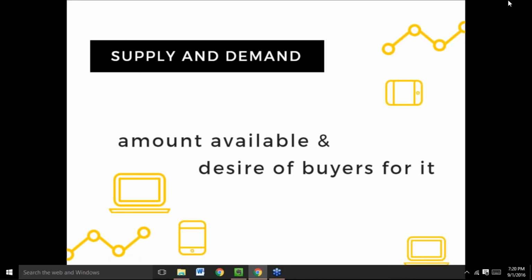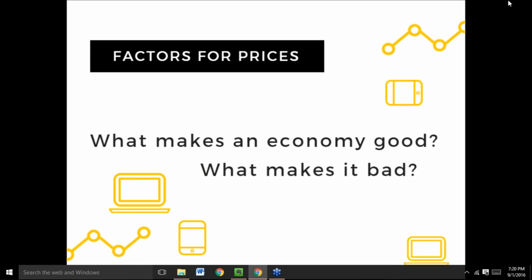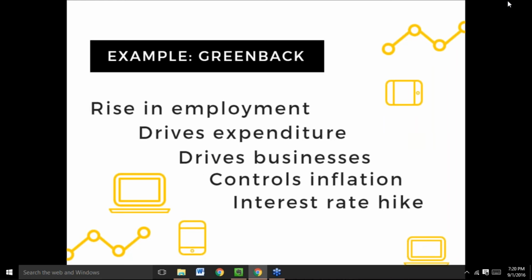In Forex, we need to know which economies are doing well and which ones aren't. And how would you know what makes an economy good and what makes it bad? Well, through fundamental analysis. There are many factors that will tell you whether an economy is doing well or if it's not doing as well as the other economies. To help you understand this further, I will give you a prime example. Let's use USD, the US dollar, the greenback or the buck.